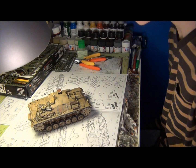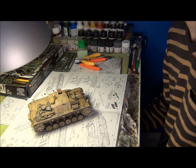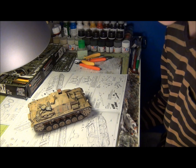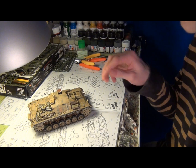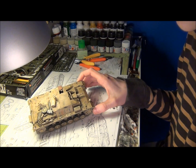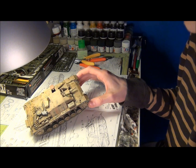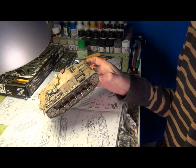Guys, this is Panzermeister36, and today we're going to be putting some pigments on the StuG. If you're a long-time viewer or have gone back and checked out some of my older videos that were in terrible quality, you might recollect this kit. This is a Cyber Hobbies StuG 3 Aus A Michael Whitman 1941, and as I always do, I didn't do